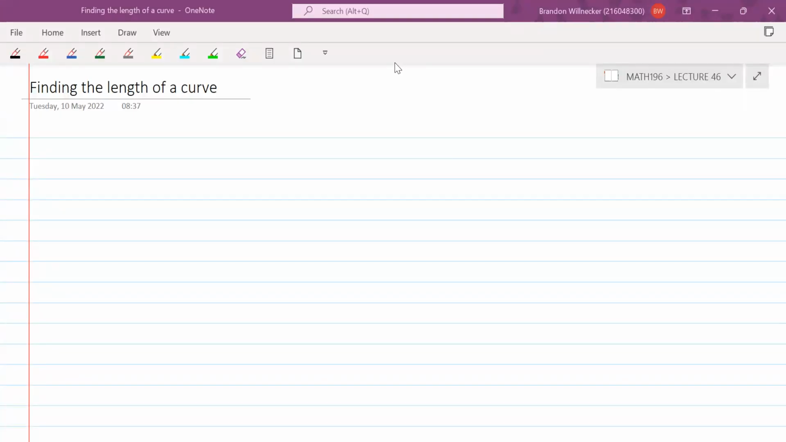Hi everyone. So today we're going to start the new chapter, and that's finding the length of a curve. So we're going to start off with a quick little derivation of the formula, and then we're going to look at some examples. Okay, so imagine we've got the XY plane, like so, and we've got some function on the